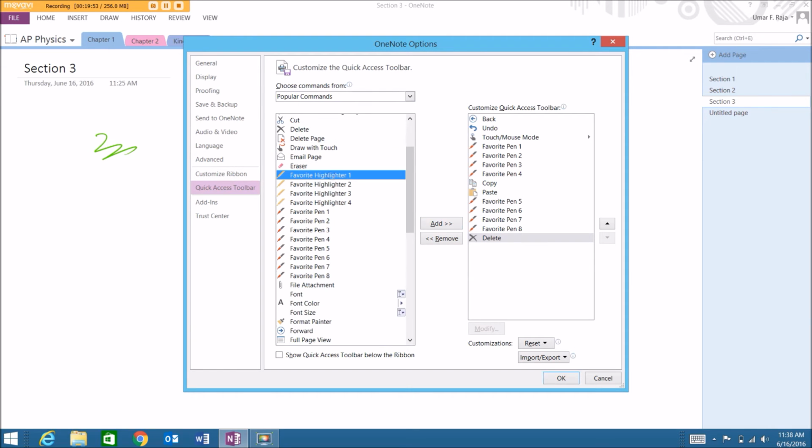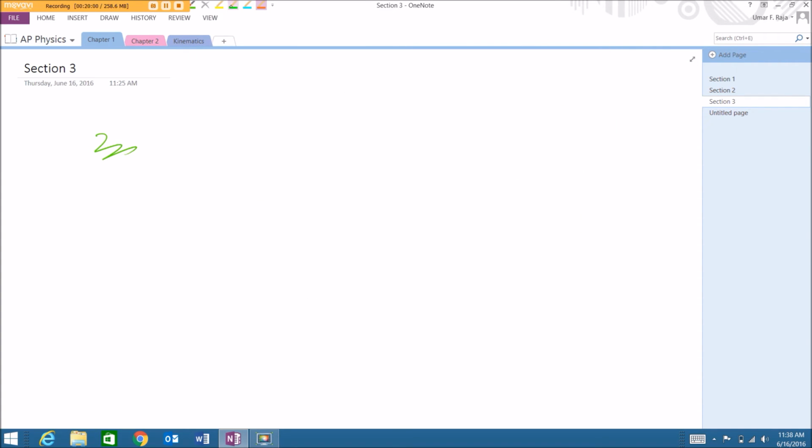The last thing that we're going to do is add highlighters on this. Okay, so add each one of those. Now look, as soon as you click OK, what do you guys notice at the top? Okay, you may not be able to see this so much, only because the software that I'm using to record this video is covering up one part of the screen. But believe me, if you were able to look at this,